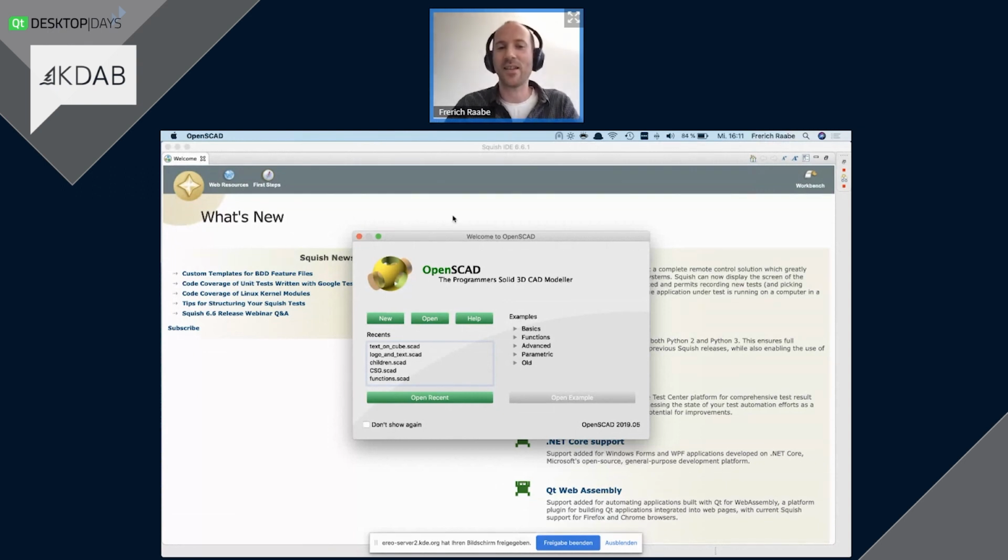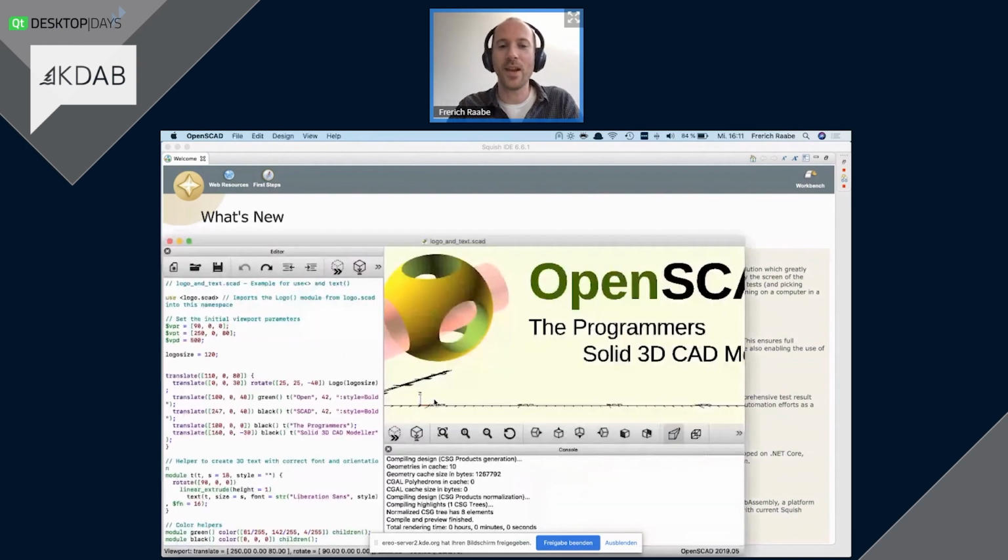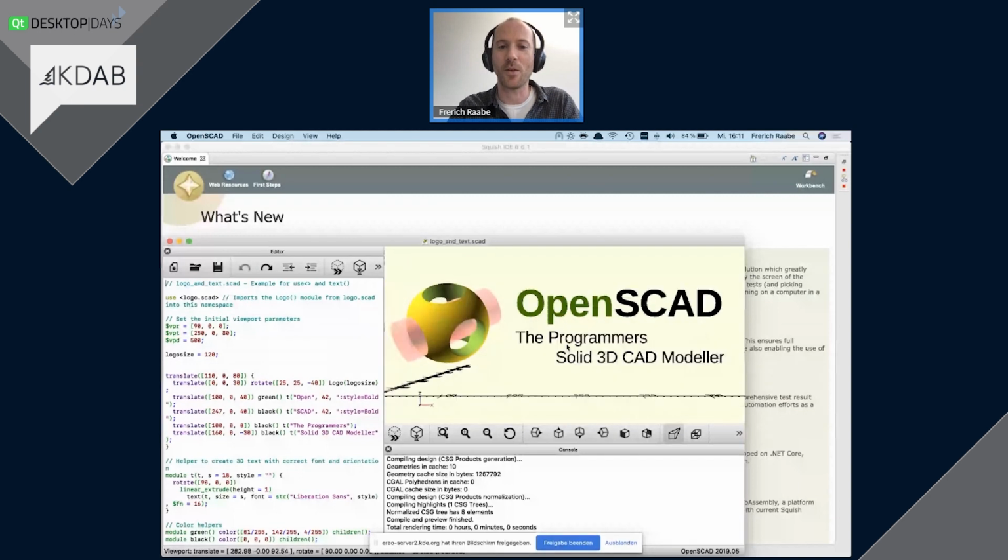So this small window is the OpenSCAD window right after starting. And it has a couple of buttons for creating new documents, opening existing documents, and so on. But it also allows quick access to recent documents here. So let's pick one of them and open it. And then you can see a larger image showing up. And in this larger image, you can see an OpenGL control in the top right corner. I hope that's somewhat visible.